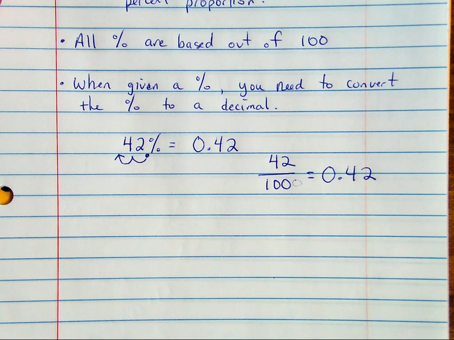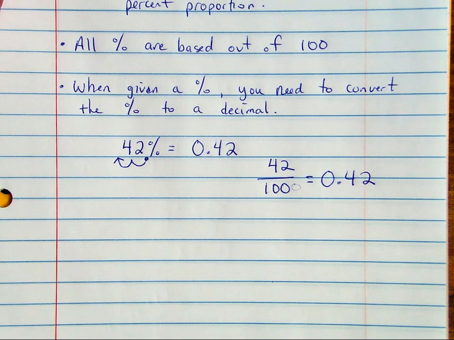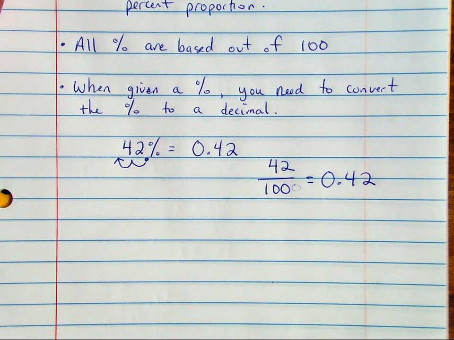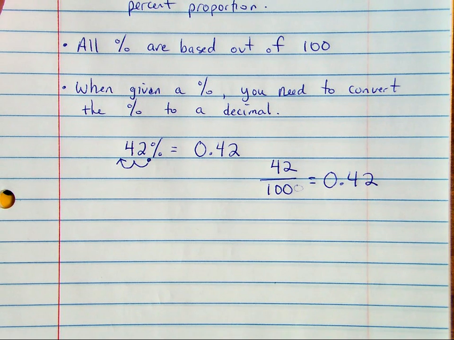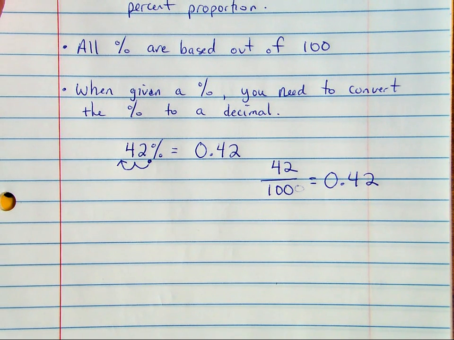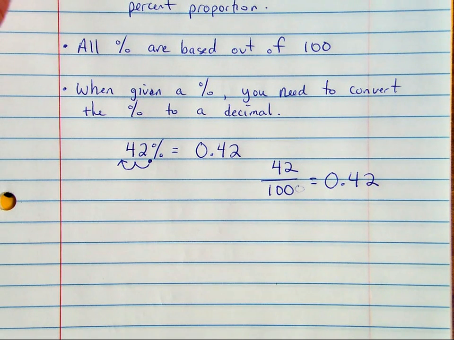Josh? 1, because 10 only has 1 zero. So, however many zeros there are, that's how many times you move the decimal. If there's 5 zeros, move the darn decimal 5 times. Okay? All right, let's do